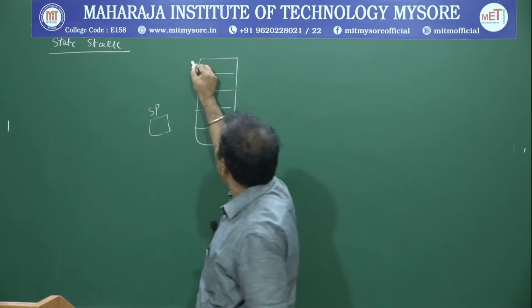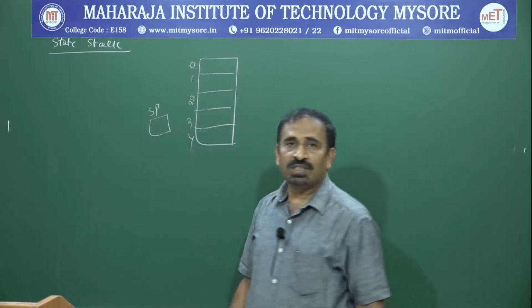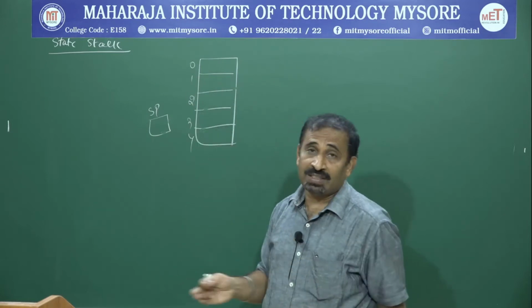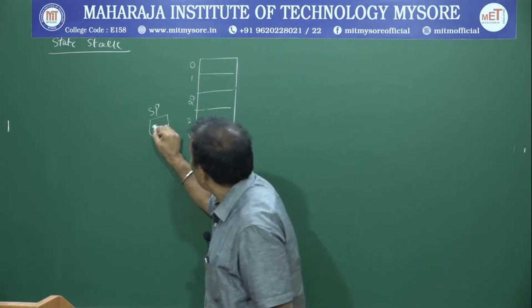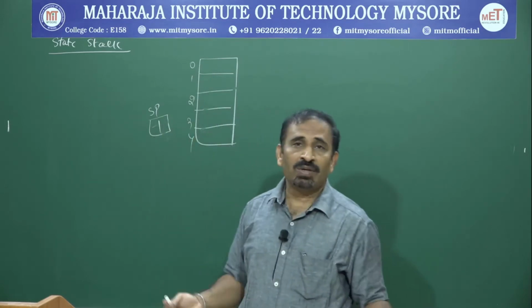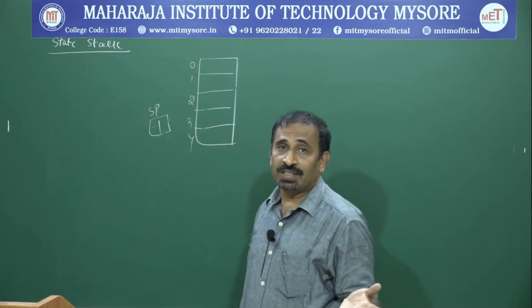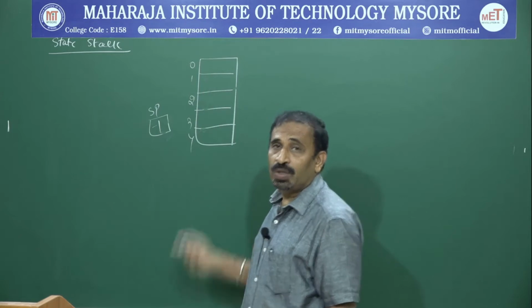So right now, if you consider 0, 1, 2, 3, these are the indexes of the elements of the array that you can operate as a stack. Initially, right now, this will be at -1. No elements are there inside the stack. So therefore, this will be at a -1 status. It means no elements here.